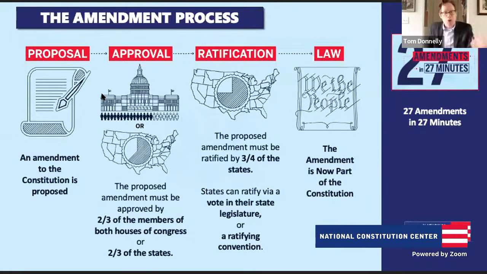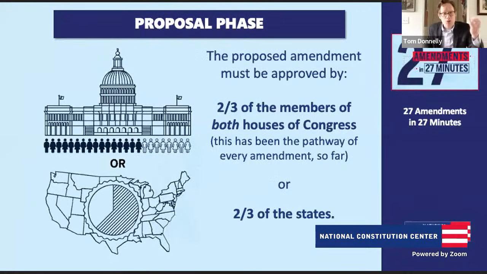So beginning with the proposal, there are two ways that you could propose a new amendment. One is if you can get the support of 2/3 members of both houses of Congress. So a 2/3 vote in the US House and a 2/3 vote in the US Senate. You could see already there in modern politics, you'd probably have to get support of both parties to support an amendment, and that's only to get it proposed. The other mechanism is that you could also, through 2/3 of the states, propose a new convention for proposing amendments.